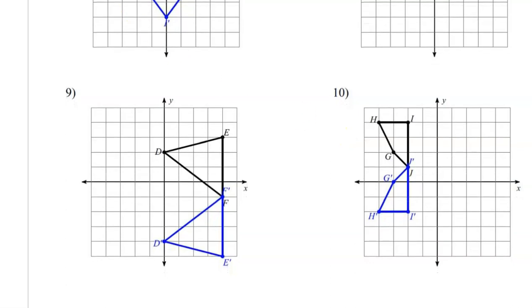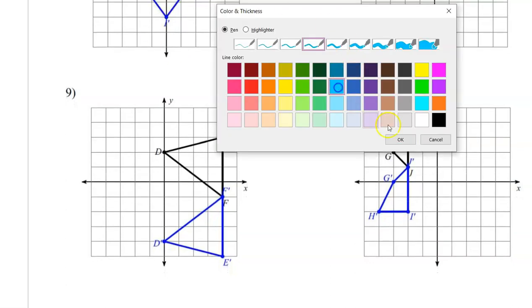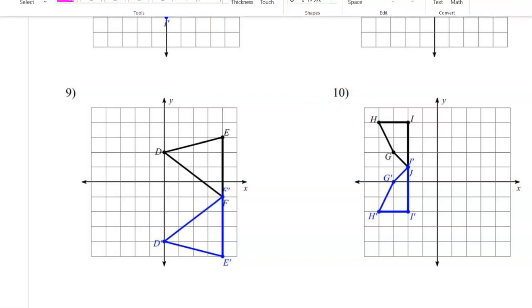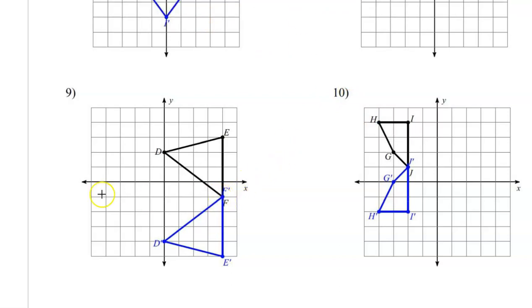All right, take a look at problem number 9. Probably you can easily see the reflection line. It's right here. This is obviously the line that splits the double image down the middle. This horizontal line, again, is going to be y equals. Okay, this is the line y equals -1. It's the horizontal line at -1. So we can describe this transformation as a reflection